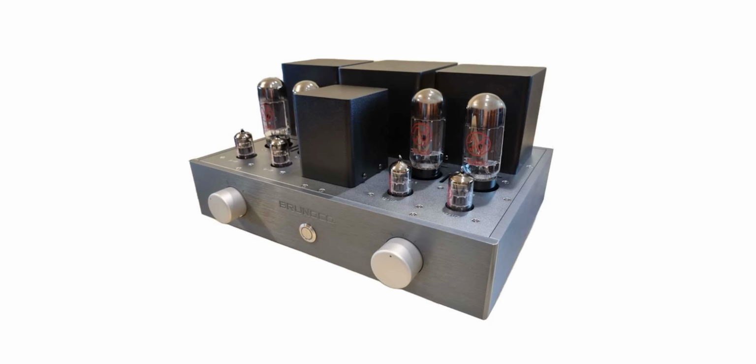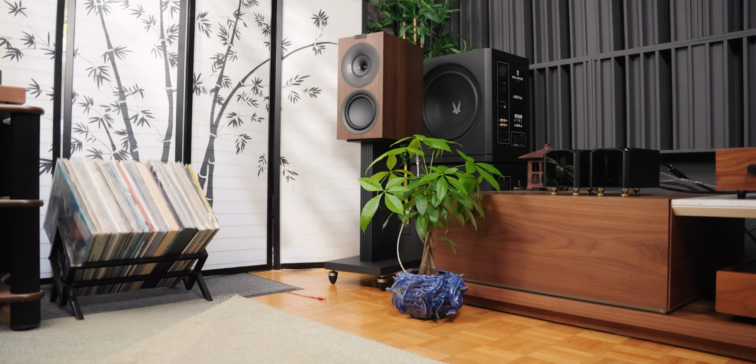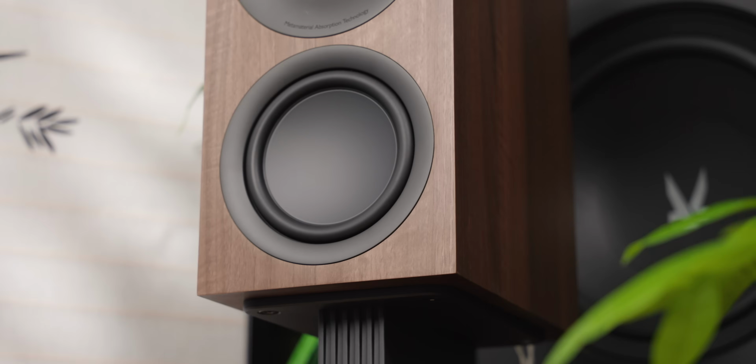But if you're a tube lover, even the Brunico or the Cayenne Jazz 80 that I've been reviewing sounds phenomenal with these speakers in a more compact room. Now the Q Concerto Meta is a little bit of a different story. Not that it's more sensitive to gear matching, but I would definitely want a little bit more power and handling for those bass frequencies to be a little bit more controlled and more tight and come to life